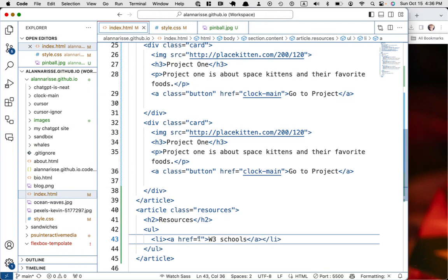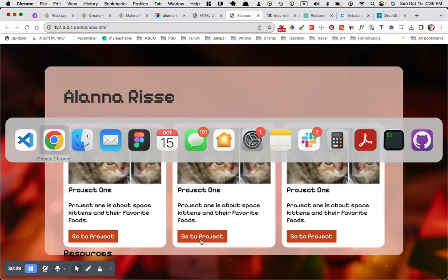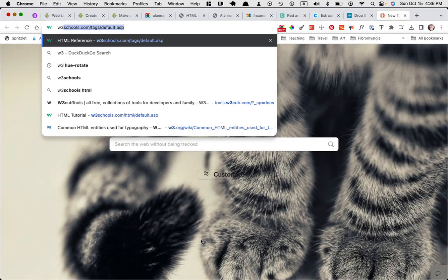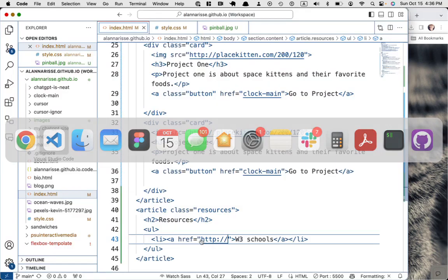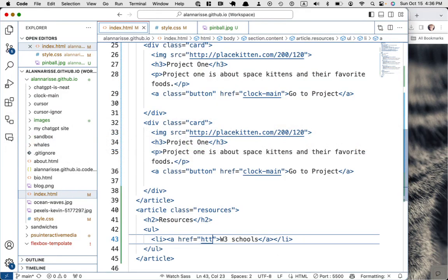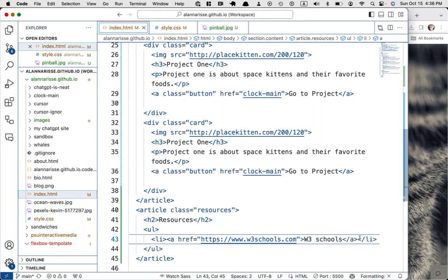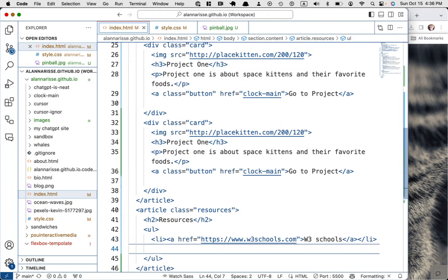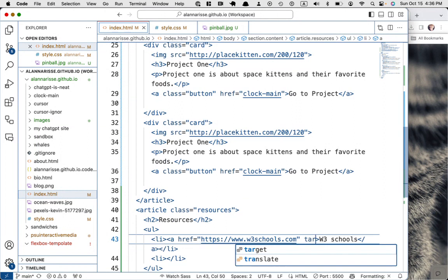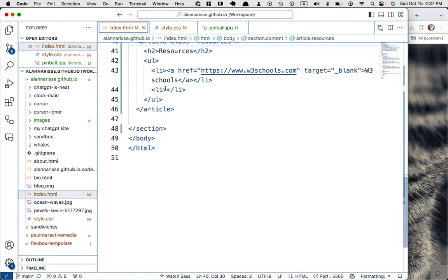Okay. So this is going to go to http:// I don't even remember what the w3schools.com. Okay. w3schools.com. I don't need all this stuff. Cool. And then I'll just make another one. Oh, if you don't want it to open in the same browser window, you can say target equals blank. Okay. Next one will be,